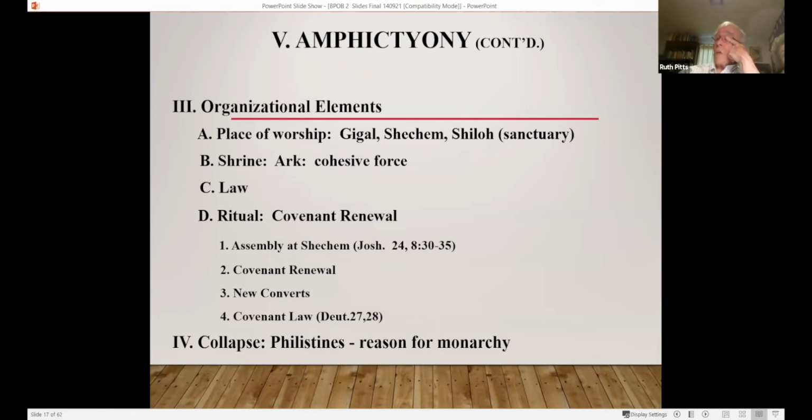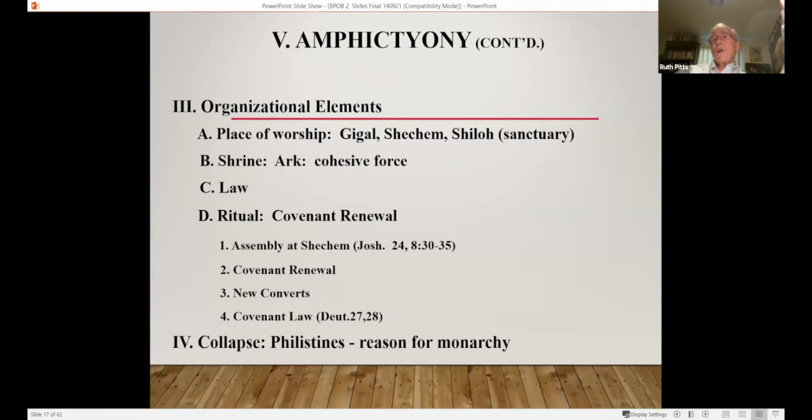The ritual of covenant renewal is an assembly that gathers together at Shechem once a year. You will probably remember, if you had Bible school, when I did, "Choose you this day whom you will serve, but as for me and my house, we will serve the Lord." So this is the kind of call at the end of Joshua to people to make this kind of covenant commitment once every year. You know, we've just gone through the New Year and Atonement Day for the Israelites, or for the modern Hebrews, and the modern Jewish people.